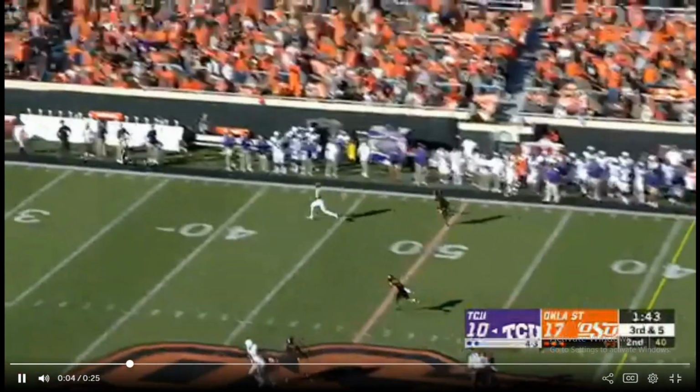Duggan taking a shot downfield, wide open. And what a...